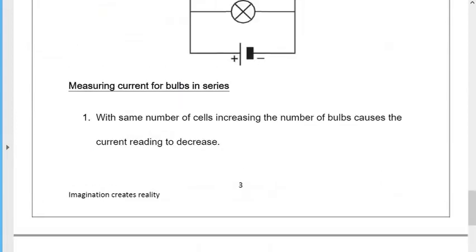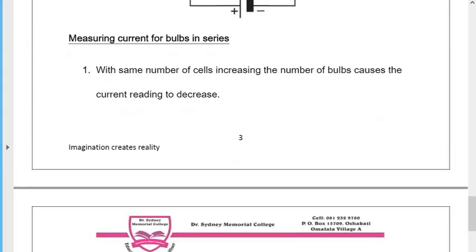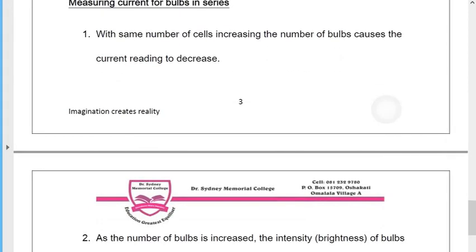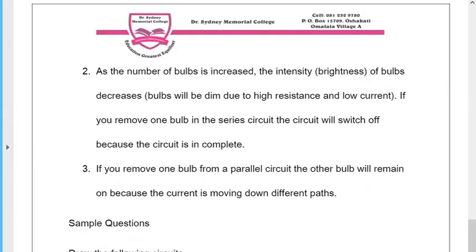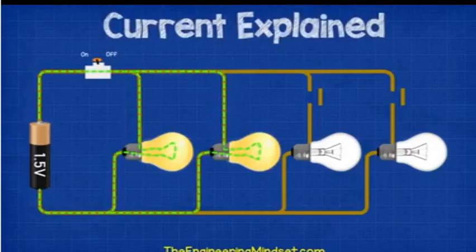Okay, so what I did here now with measuring current for bulbs in series, the explanation is given here. I just added also an important part to indicate that when one bulb is removed from a parallel circuit, the other bulbs can actually remain on. This is another image that describes how this works when you have bulbs that are